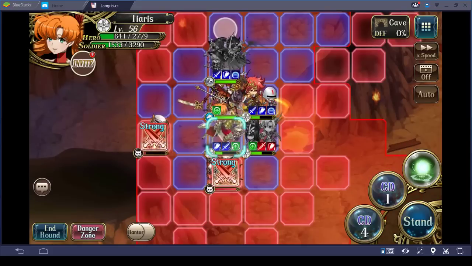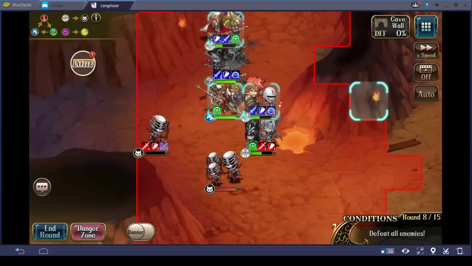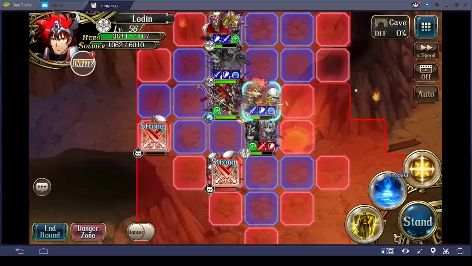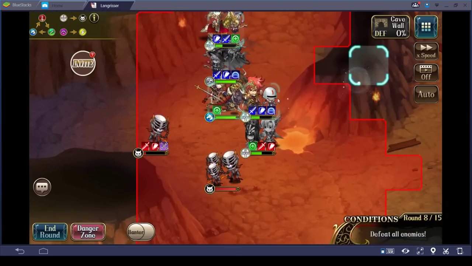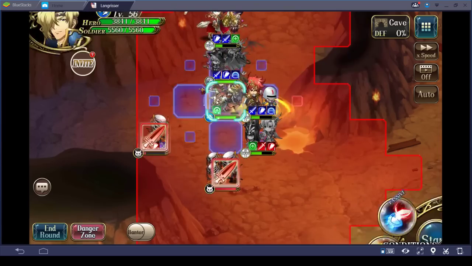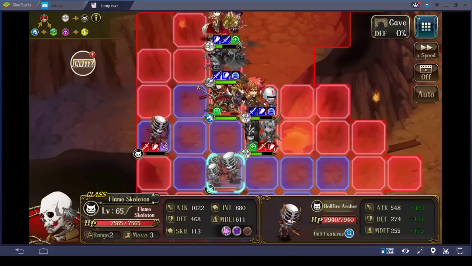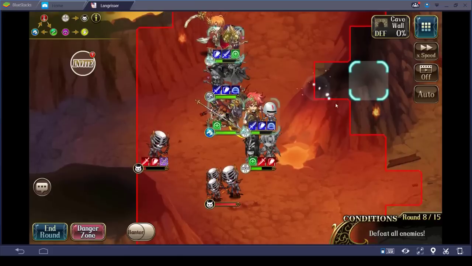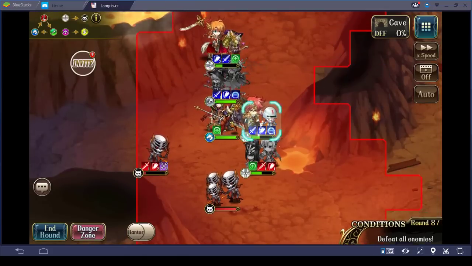Actually, I know these flame skeletons like to target non-ranged attackers, which is either Leon or Ledin. Leon, really, because these are demon units. They don't like to target Templars, which is a holy class. So, in terms of attack priority,